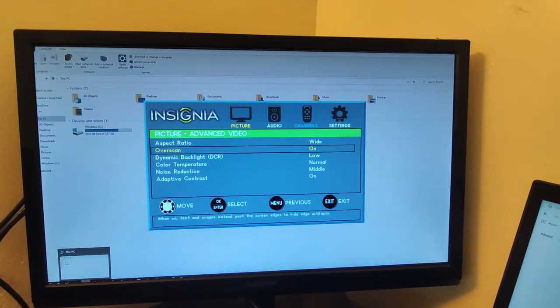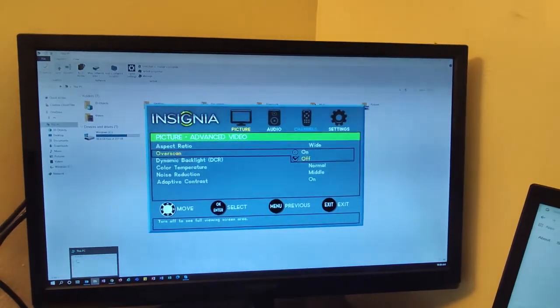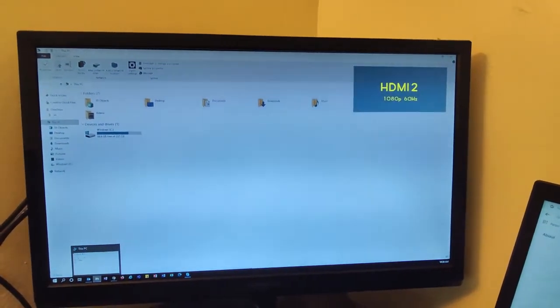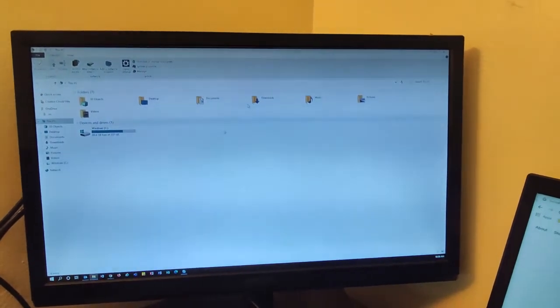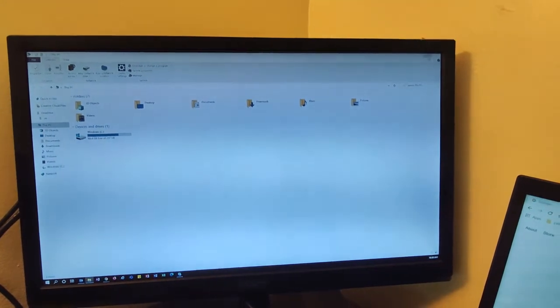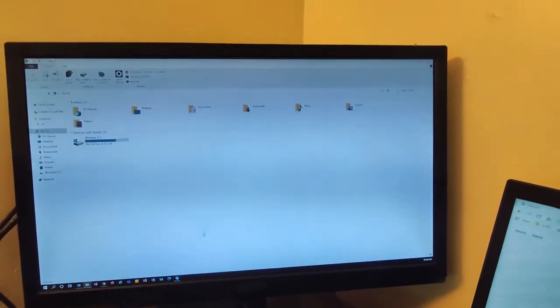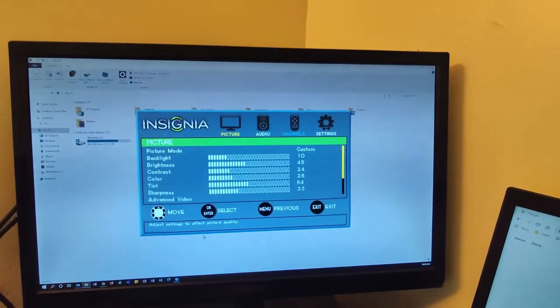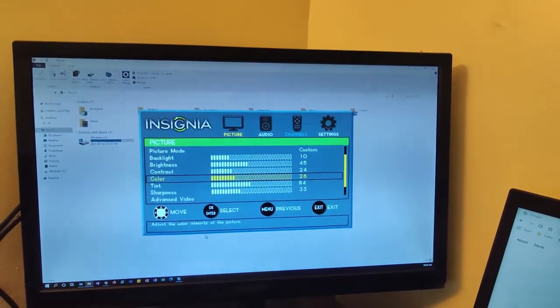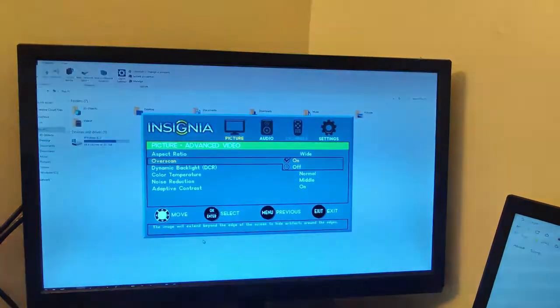So you have to go to advanced settings and select the overscan and turn it off. And you can see as I select the overscan as off, my edges are back. I get my edges, the top menu bar, minimize, maximize option, you can see I got. So yes, this is the only setting which you need. I am repeating those settings again. You have to go to advanced video, select overscan and make sure it is off.